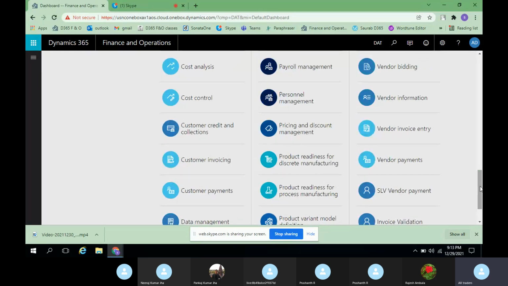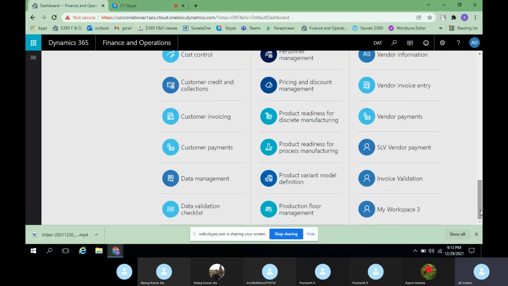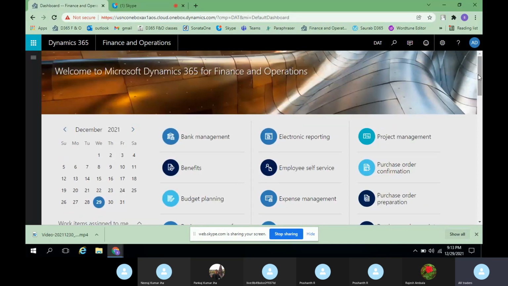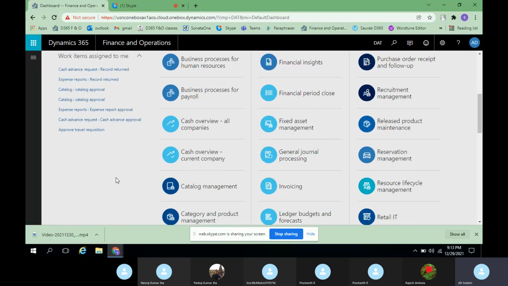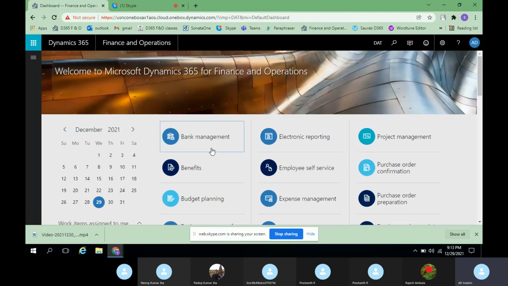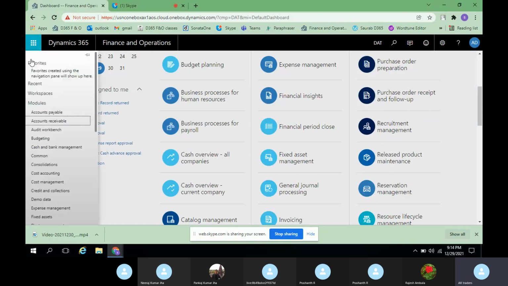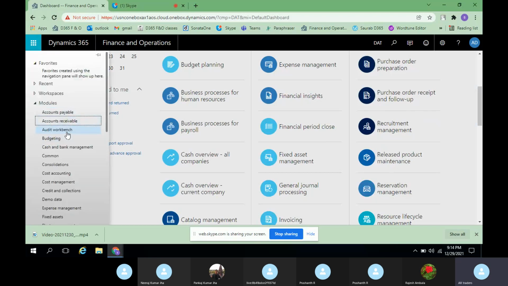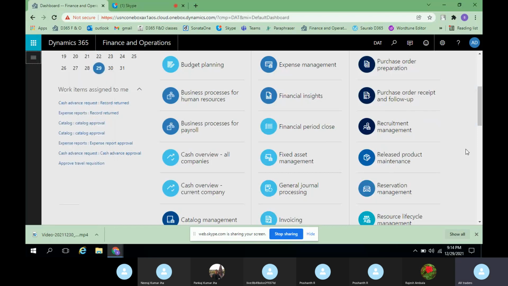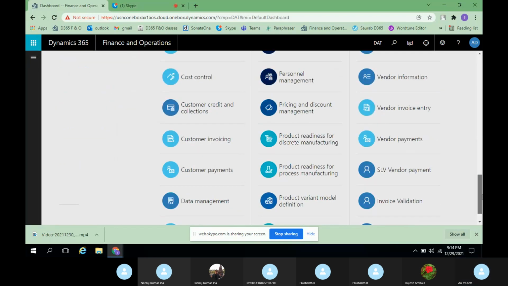So what is the purpose of workspace and how does it reflect the moment you start working using Dynamics 365? So this is how your daily activity will be starting. I mean, this is the activity for end users, not for consultants, since you will be giving controls as per the user requirement. So for the accounts payable team, their work items assigned to them will be accessible. So this is how you can give to all the modules like accounts payable, accounts receivable, budgeting. These workspaces can be created.